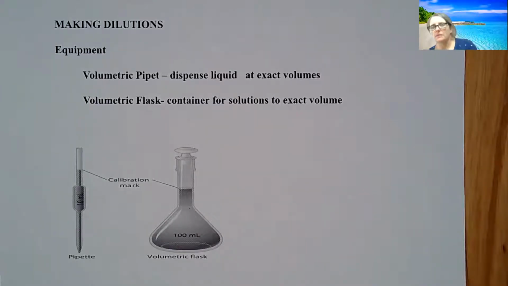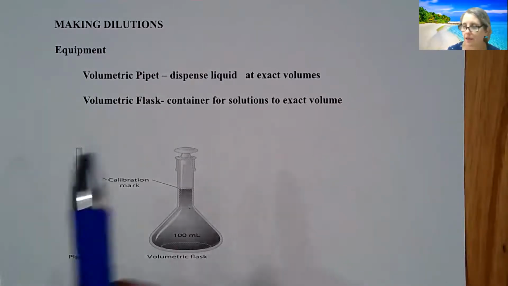So we're going to be making solutions for a couple different labs, and so we need to go over what equipment you're going to be using and also some of the math associated with it. So this is a section talking about making dilutions. There are going to be two pieces of equipment that you're going to be using to make up the